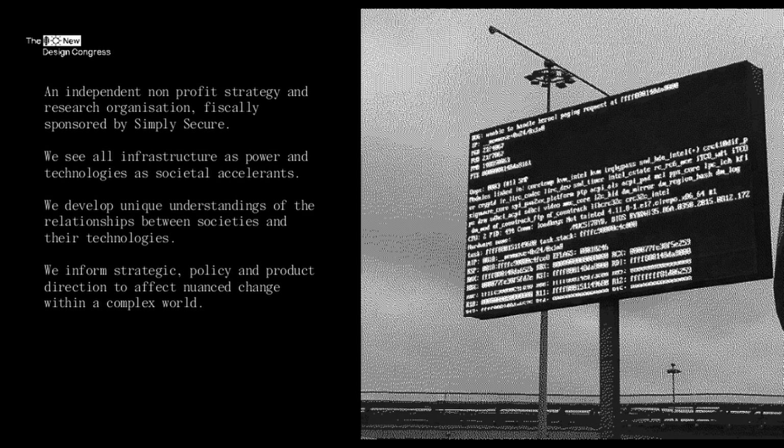So the New Design Congress is a nonprofit strategy and research organization that's a fiscally sponsored project at the moment of an organization called Simply Secure, which is a design-led privacy and digital security consultancy firm. We have a great degree of autonomy in that place, and we get to work on a series of projects that help us to inform how we see infrastructures as power and technologies as social accelerants. And we believe that this is definitely true in the context of archiving.